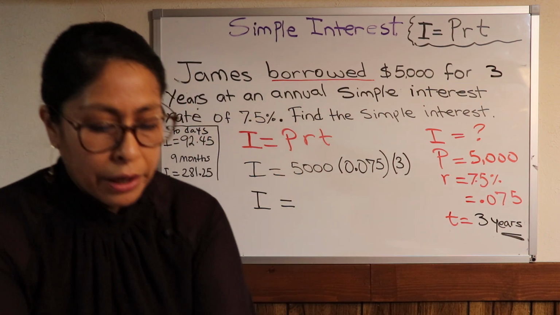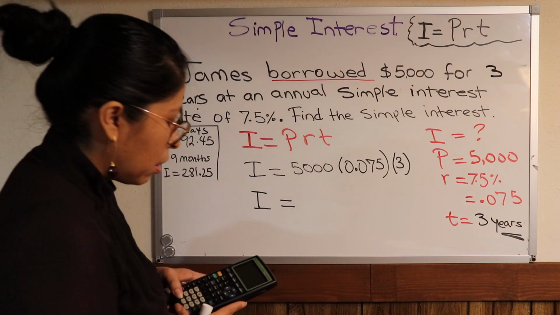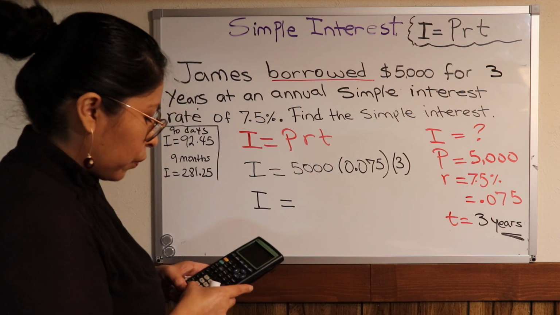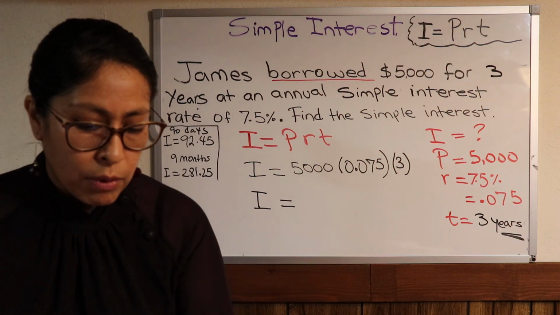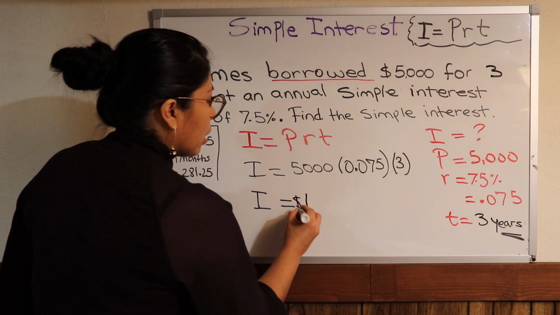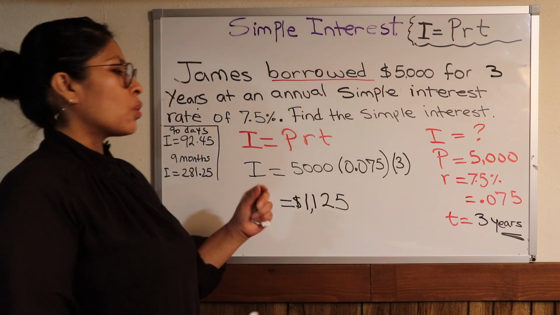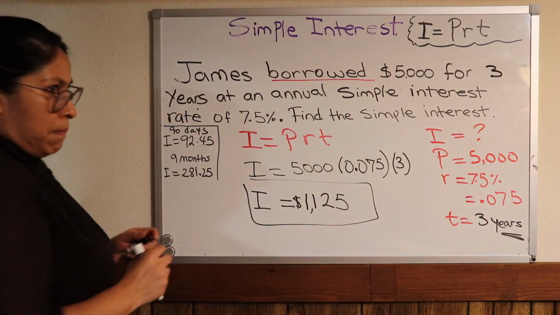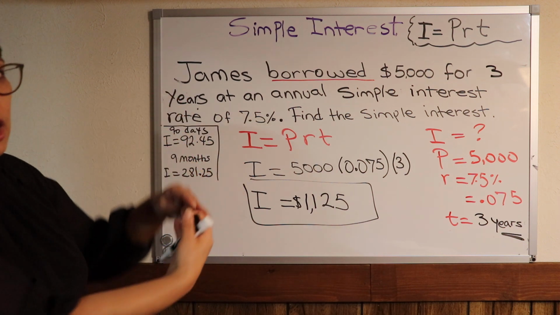again, we're going to use the calculator. So I have 5,000 times 3 times 0.075, the percent rate. And in this case, I have $1,125. So you can see that every time that we did the same problem, but we actually changed the time,